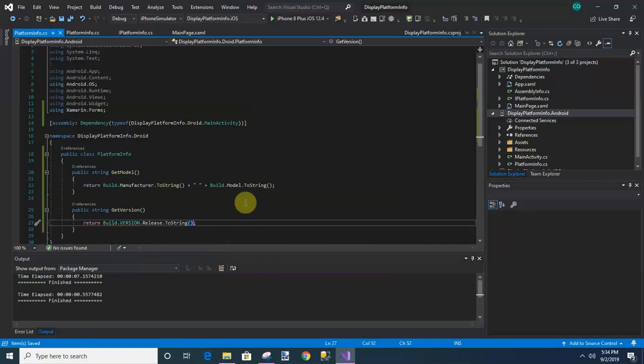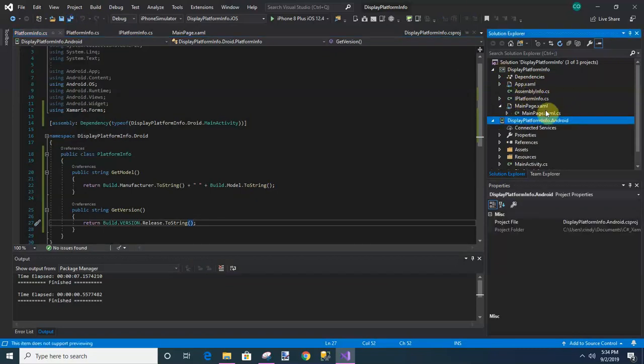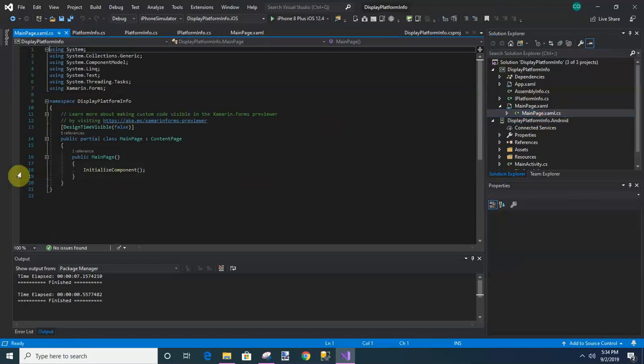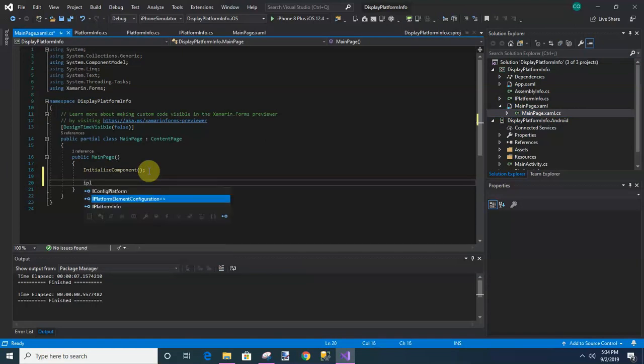Okay, so that's about all we need for that. The next thing we need to do is edit our content page. So let's go over here to our main page. We want the .cs code. So we've got our namespace of display platform info. We've got our public partial content page. We initialize the component, and then after that, we're going to IPlatformInfo, that interface we created,